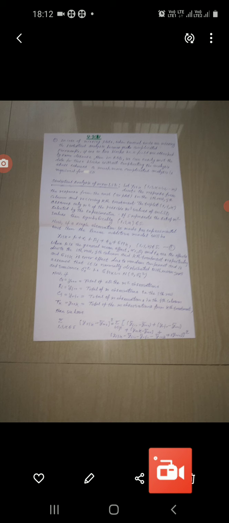This is the linear model of the statistical design LSD,